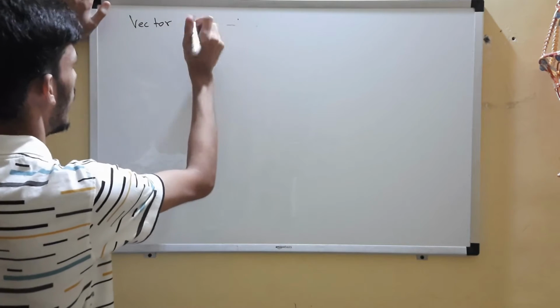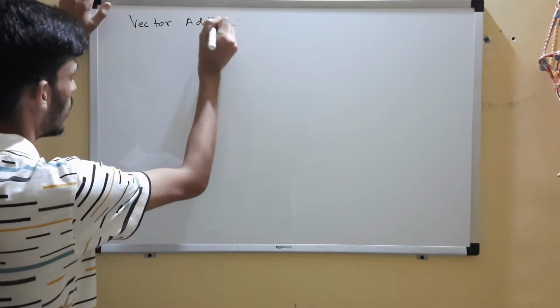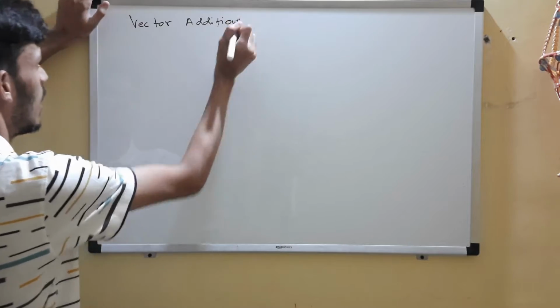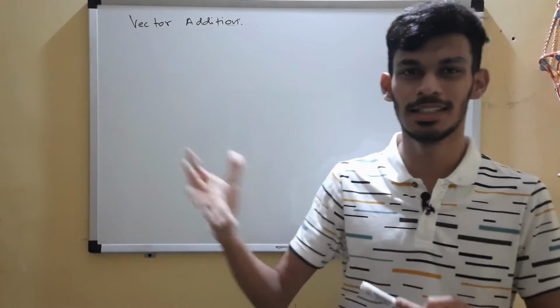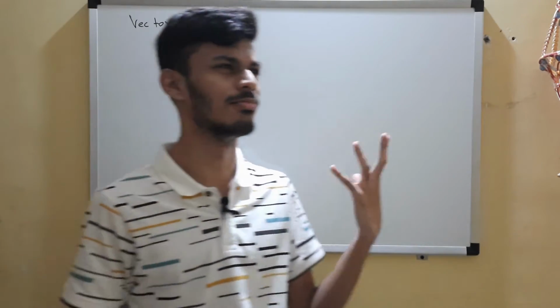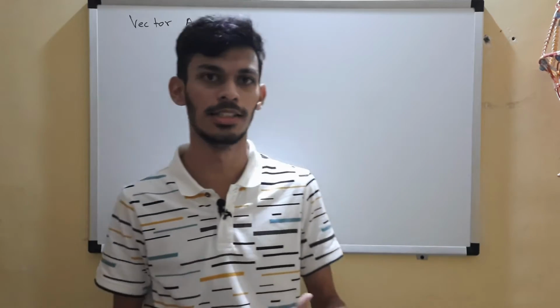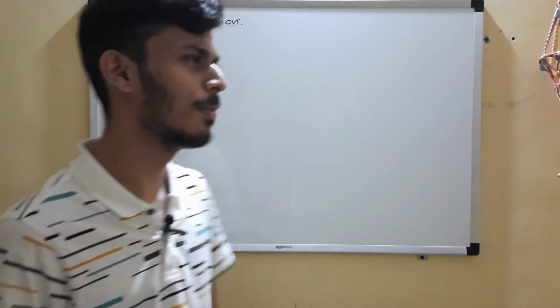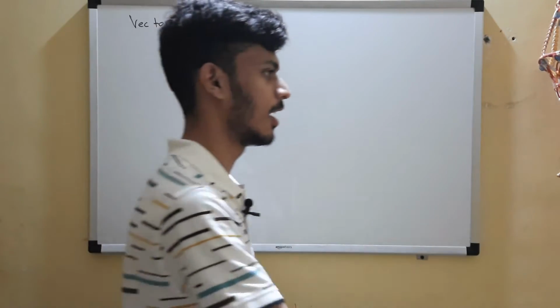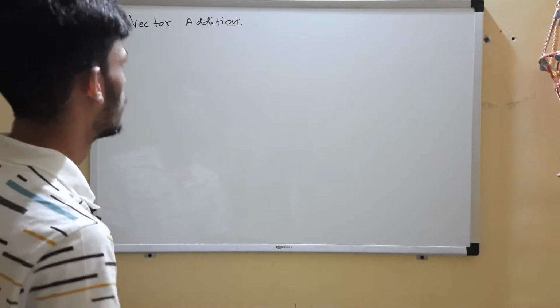We are going to learn about vector addition first and then extend the concept to vector subtraction. So let's go to scalars first. How do you add two scalars? For example, if you have two masses, mass is a scalar. So if you have 2 kgs here, 3 kgs here, boom, you just add it, 2 plus 3, 5 kgs, because scalars have only magnitude. They don't have anything other than that, so you just add it.